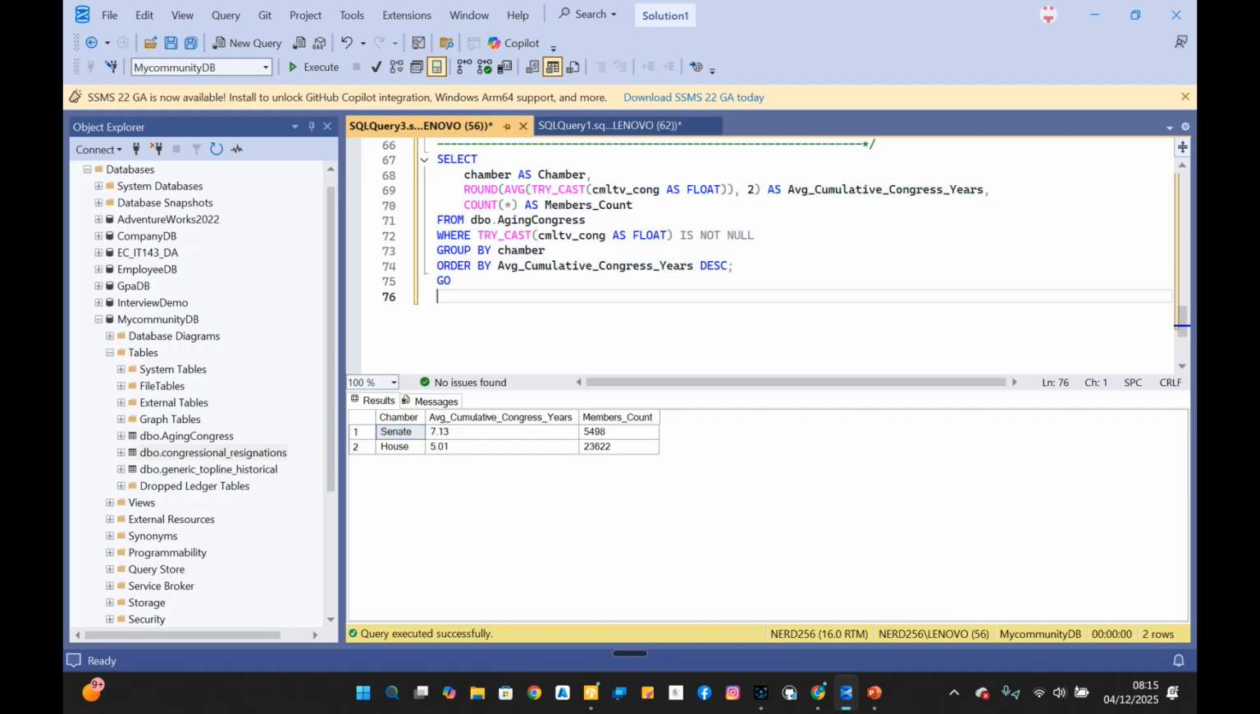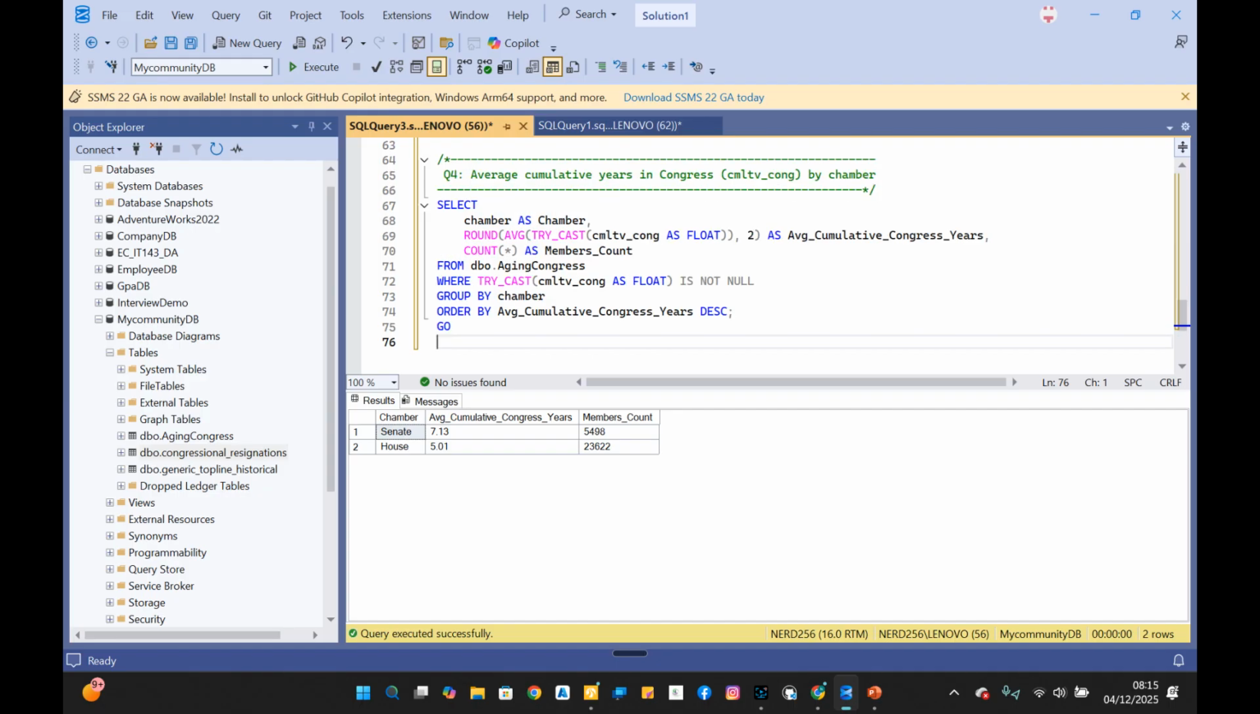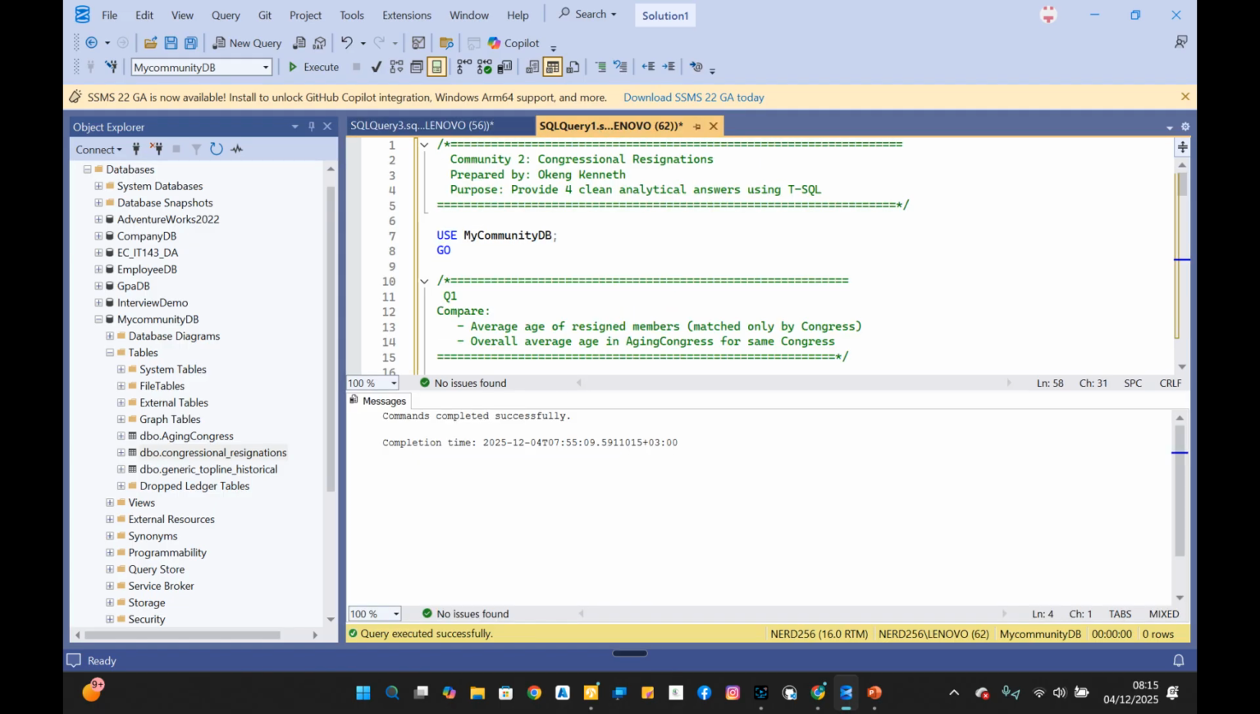Then House is 5.0, which is 23,622. So basically, you realize that we tend to convert the questions into a usable decision making when it comes to writing a SQL query. So that was my first community. So in my second community, which is congressional resignation,